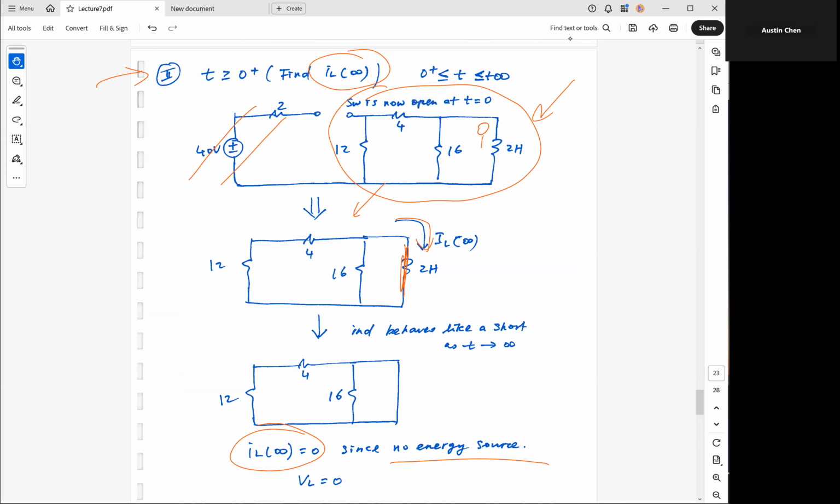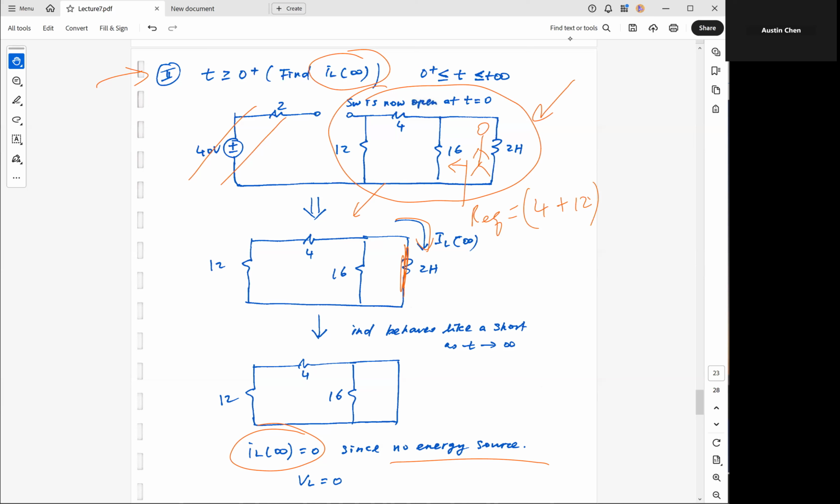And now imagine you are this guy, standing here. You're like this inductor, and then you look all around you. And it's only when you look to the left that you see something. And that something is the equivalent circuit. So looking to the left, you'll see some Req, and that Req is equal to 4 plus 12,